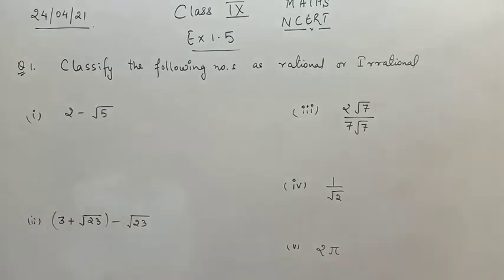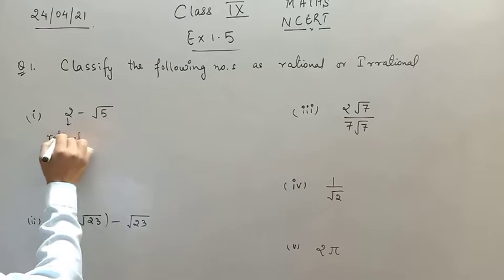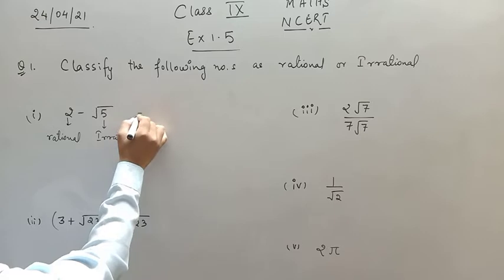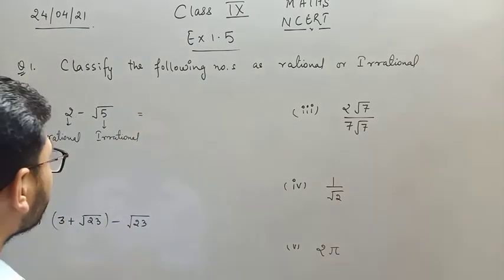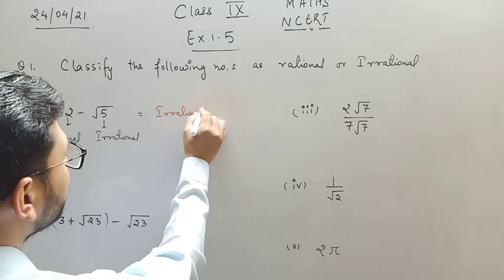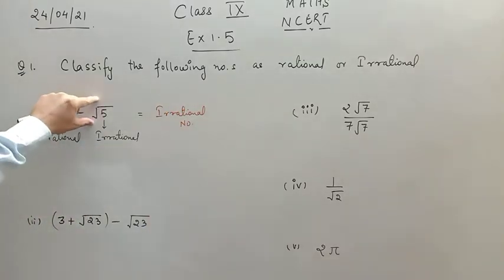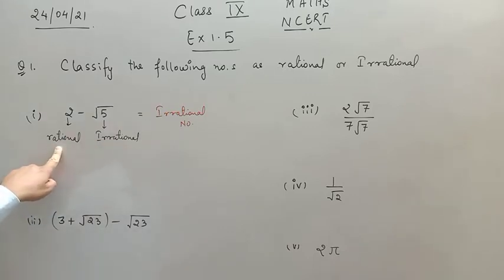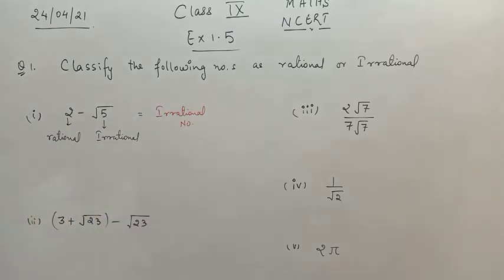Okay. So as you all know, 2 is rational, but root 5 is irrational. So the result will give you an irrational number. So overall it is an irrational number. So 2 is rational, root 5 is irrational. When you subtract an irrational number from a rational number, the result always comes out to be an irrational number. Okay. Similarly,